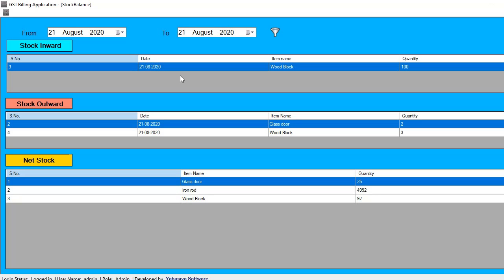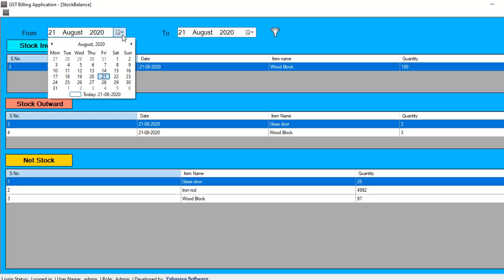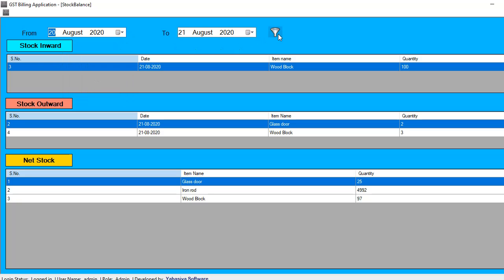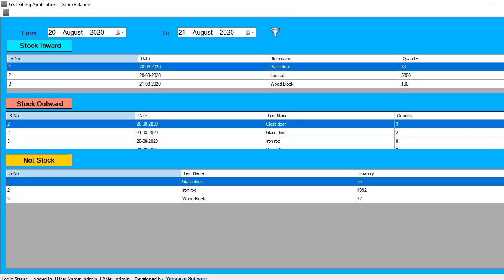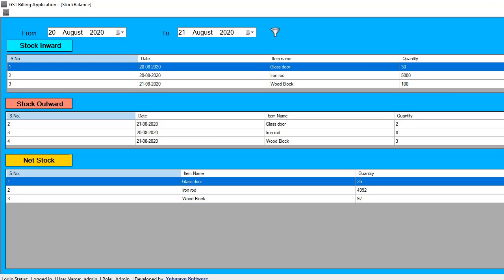So when you want to see the net stock balance between two different dates, you can give that here. Like when I want to see from 20 to 21, you pick that date and just hit this filter button. So it will show the data based on the filter that we select.